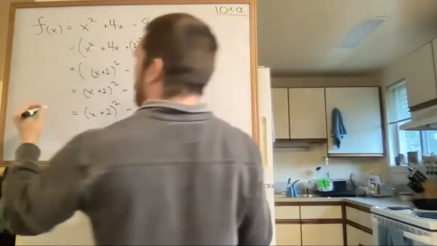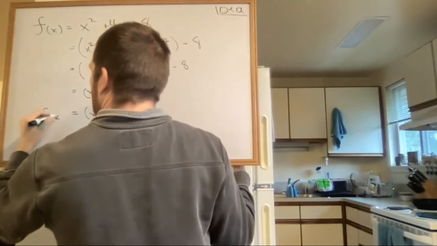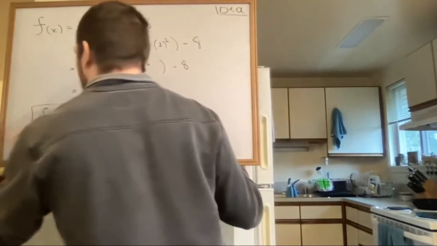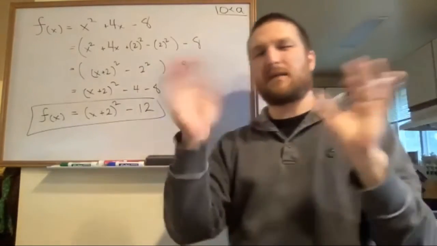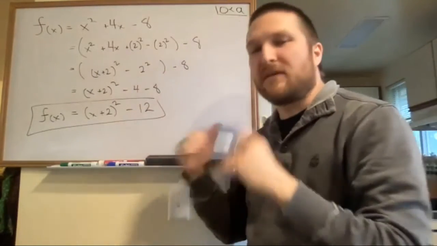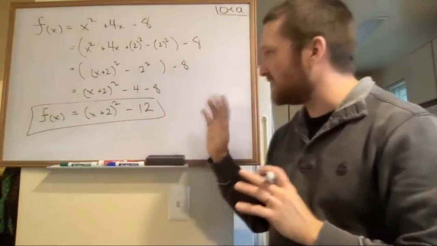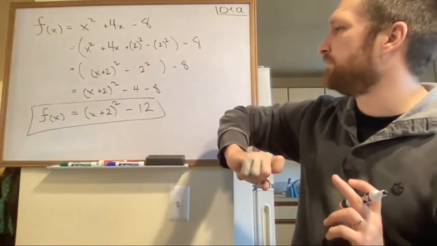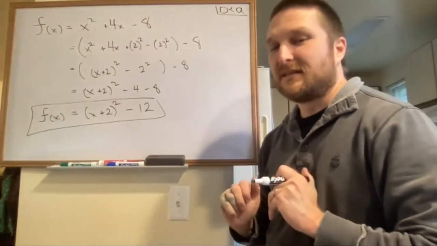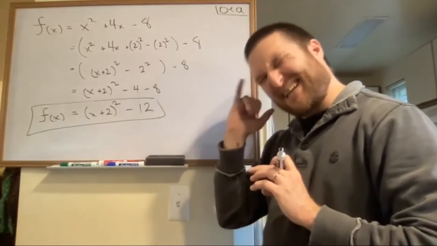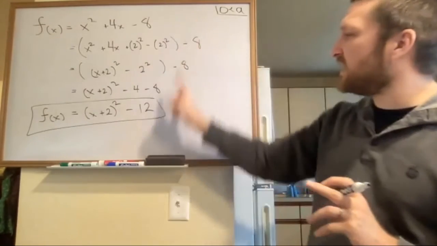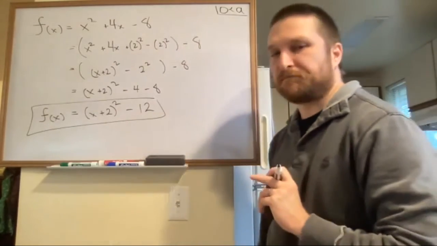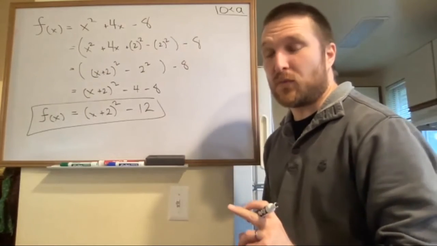Okay, so this is what you're going to do. That's part 1. Well, don't think about parts. I will be very explicit about what I want you to do, but this is going to be the general idea. I'm going to give you something like this. I'm going to tell you to graph it. We're going to do something like this. I'm going to tell you to do this first. Put it into this form. Then what I'm going to want